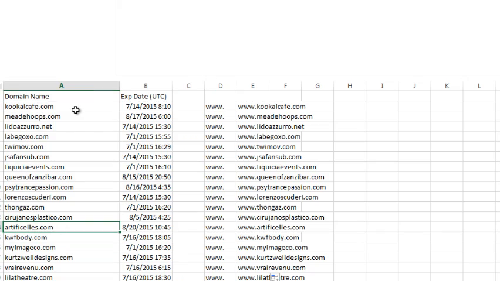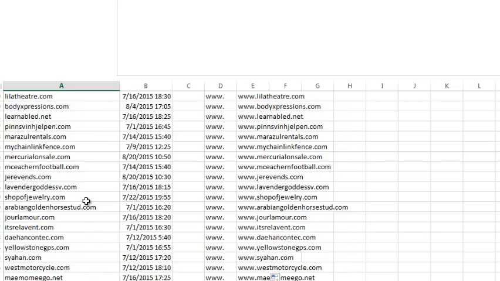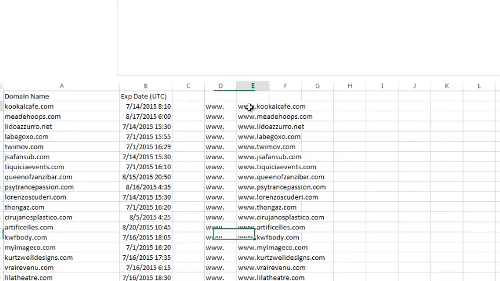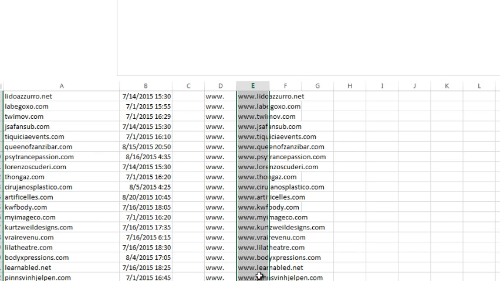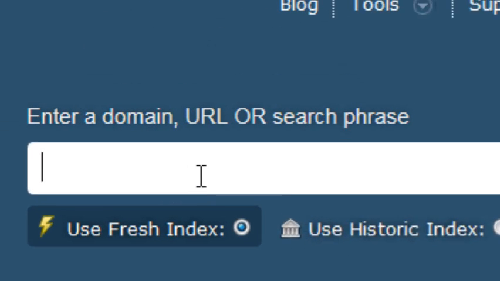So what I've done is change the domains that are all expired into subdomains, and I've added them down here. I've added the www value on there. The reason I've done that is because I like looking at the subdomain value, and I'm going to show you why. I'm going to give you a quick example here. So if we have a look at something like